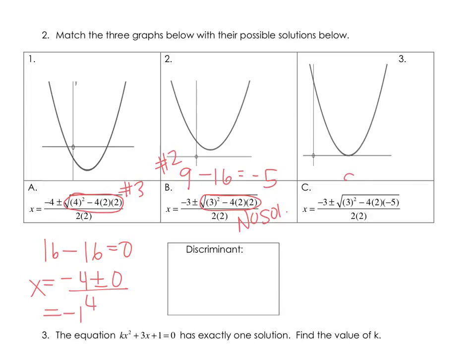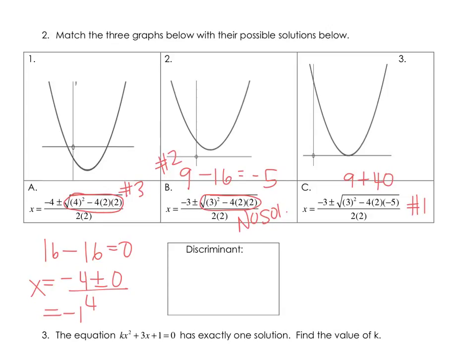And this one, it's 9 minus 20 times 2, so plus 40, yeah? That's going to give me a positive number, so I'll have 2 solutions for that one. It's number 1. So when we're trying to find out how many solutions or roots or zeros, all we really